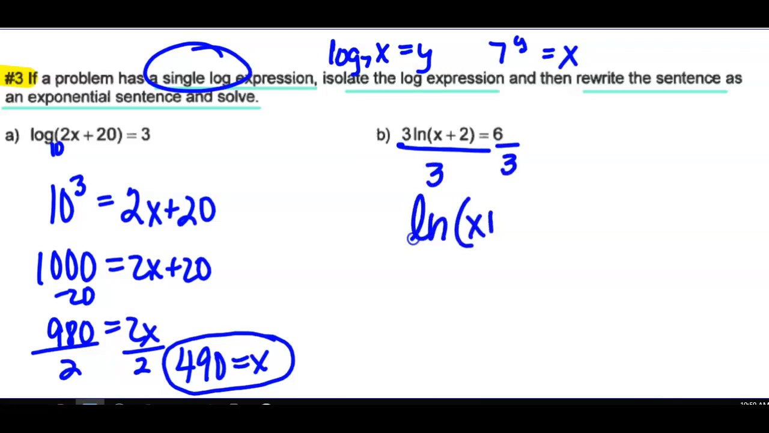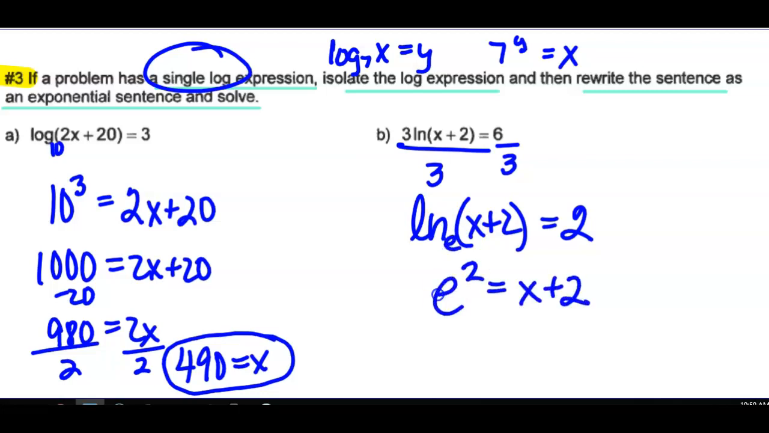So you have the natural log of x plus 2 equals 6 divided by 3, or 2. Because of the ln, our base is e, so we have e to the second equals x plus 2. So if you wanted an exact answer here, you could say it is e to the second minus 2 equals x. If you want an approximation, I'm going to go second ln, or e to the power of 2, arrow to the right, minus 2 is